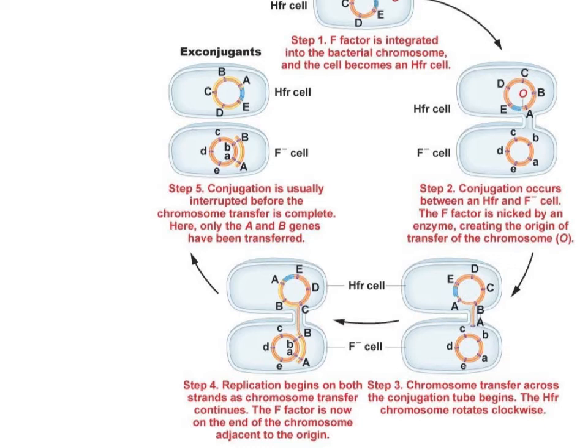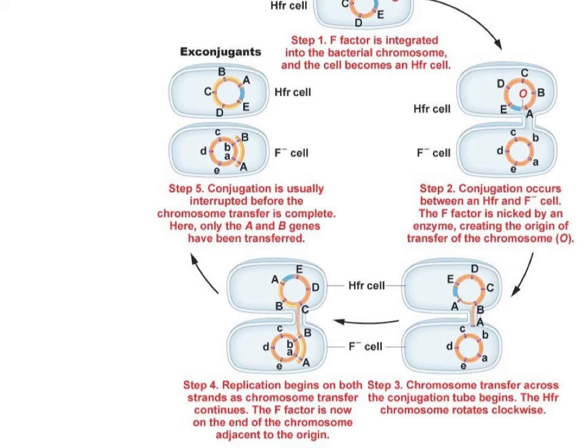The cells can't really maintain this connection in perpetuity, right? They're getting bounced around by their neighbors that might be moving around in the fluid. Maybe a lab technician picks up the vial, something happens, okay? So they don't necessarily remain conjugated forever. In this case, conjugation ends, and what has been pulled over is not even the F factor, okay? But what got pulled over was a chunk of the chromosome that contained the dominant alleles for gene A and